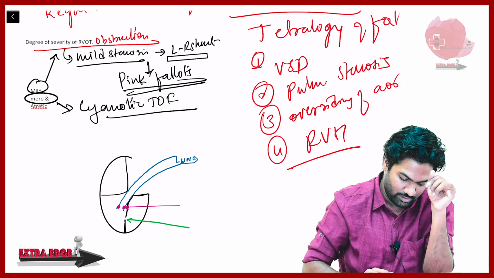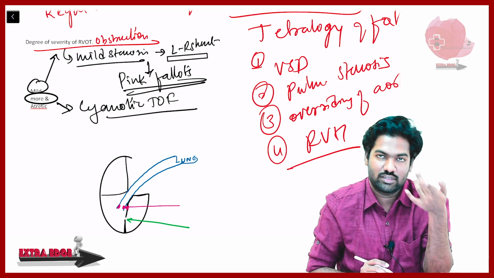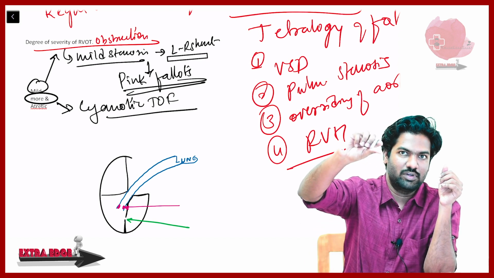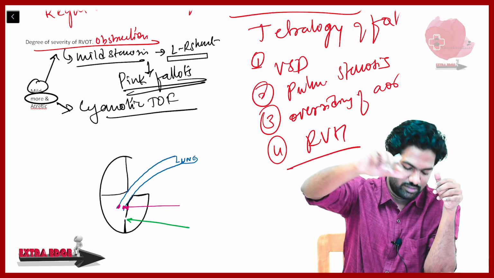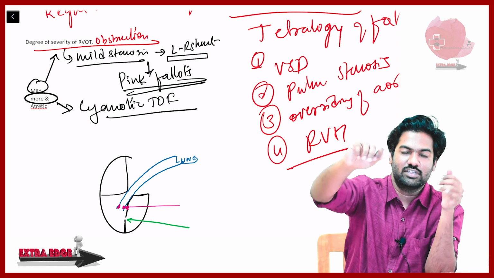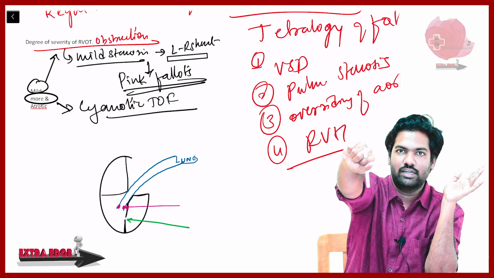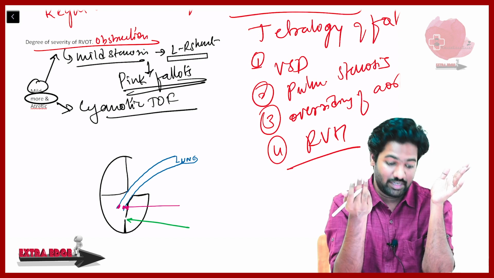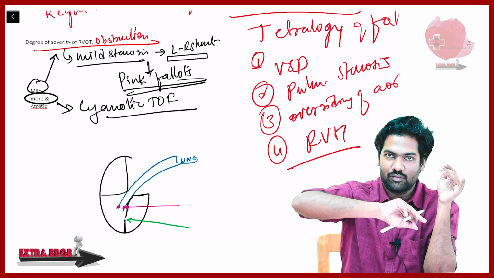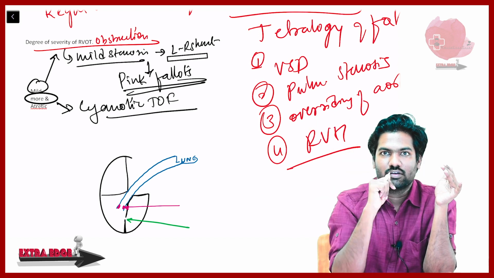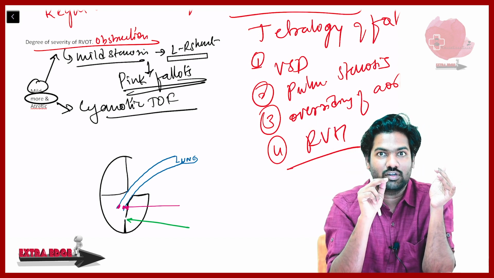But I want to tell you another thing. There is a worse condition than this. We saw how mild and moderate pulmonary valve stenosis behaved. What if the valve was atretic, meaning there was no valve at all, a complete closure, called pulmonary atresia? With VSD and pulmonary atresia, what happens? Not even 5 ml of blood can go to the pulmonary arteries.